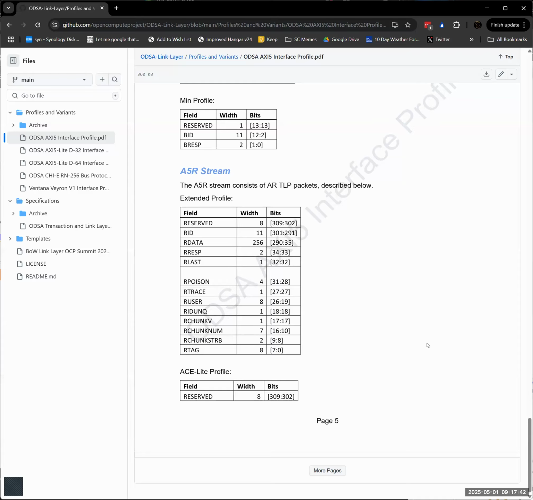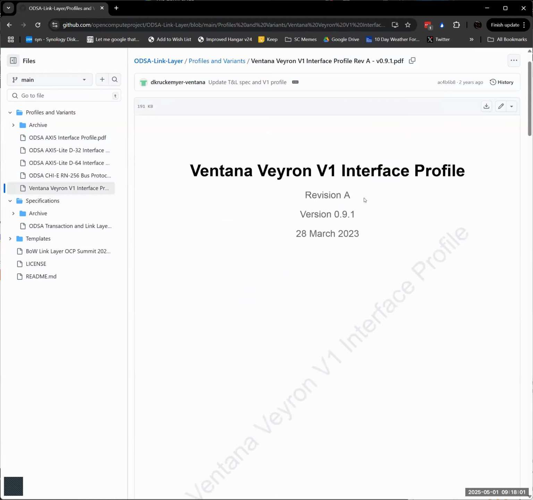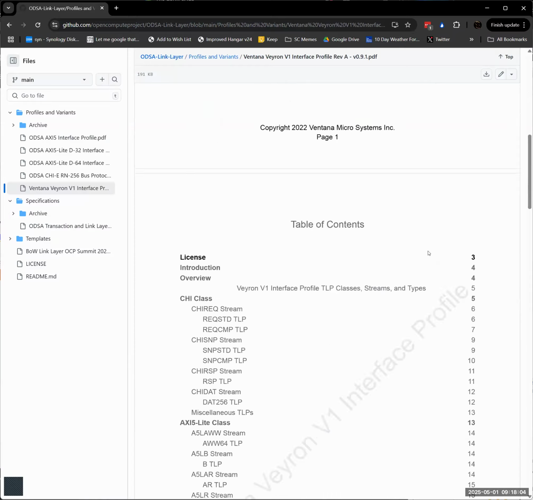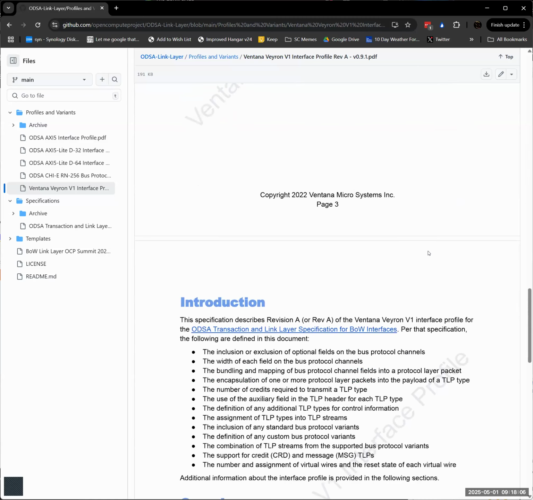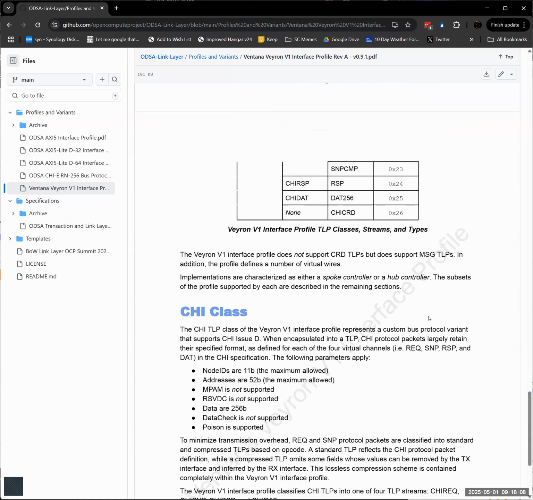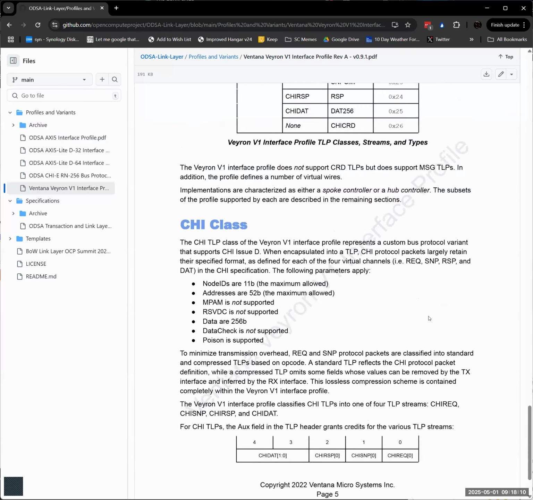I'd like to also point out that the only profile that I know in the market that has been implemented from the ones on here is the Ventana one. They've implemented that one, right? Which is the last document. Yes, the only one that should be called an interface profile. But again, the fields that are in this are all relatively